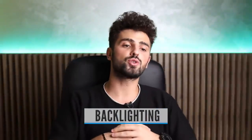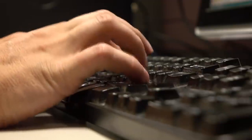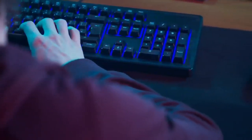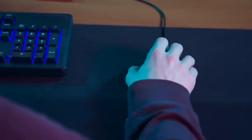Backlighting. Gamers can choose to have no lights, a single glowing color, or full RGB lit keyboards if they're making their room look like a neo-noir Blade Runner rainbow. Whether you're gaming in low light or playing into the early hours of the morning, a backlit gaming keyboard is both beneficial to your eyes and looks gorgeous as hell in your gaming setup. Some models even allow for customization, but this isn't just a pretty face, folks. A backlight glow makes it easy to coordinate your fingers as they rattle throughout the night, meaning you'll never miss